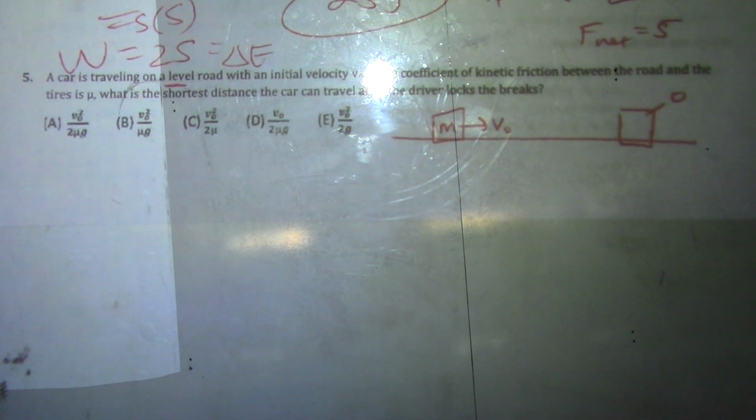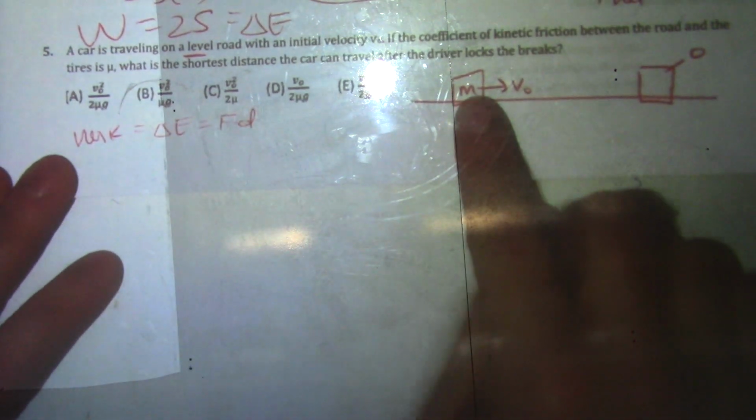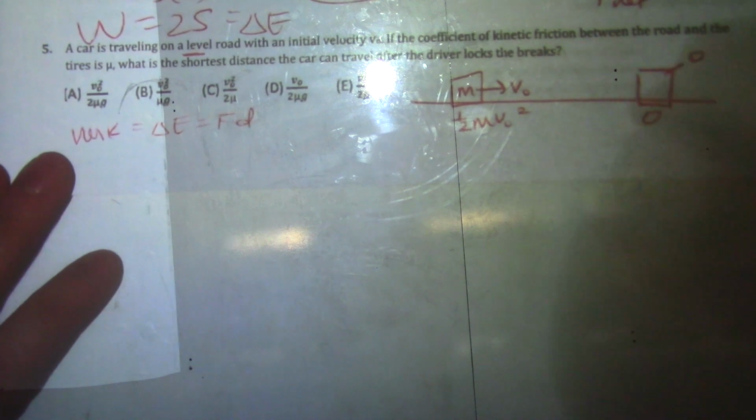Here, energy is not conserved because you're talking about friction. It said you're on a level road and you're moving and then you stop, right? It's not like this went into potential because it didn't say anything about going up. In fact, it said level road and there's no spring to absorb it. So work is being done, so I'm going to use work. Work is equal to change in energy, which is also equal to FD. In this case, the type of energy I have here is kinetic, 1/2 mv squared. Here I have 0. So my change